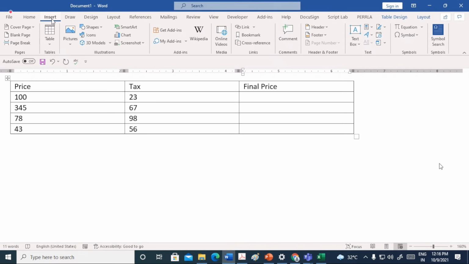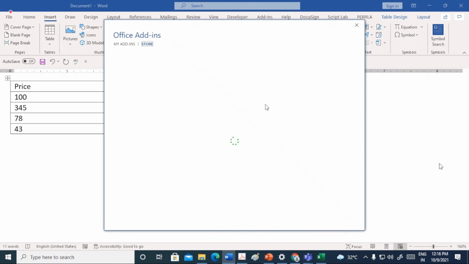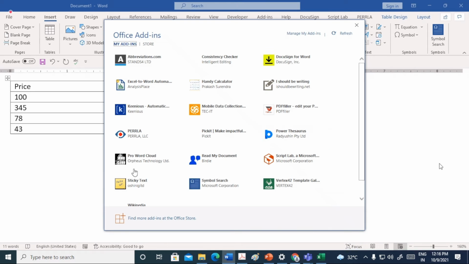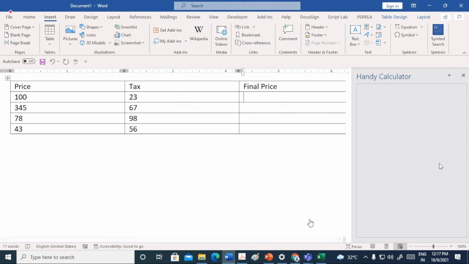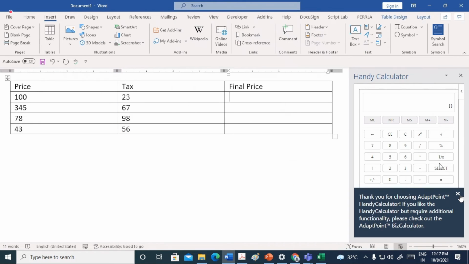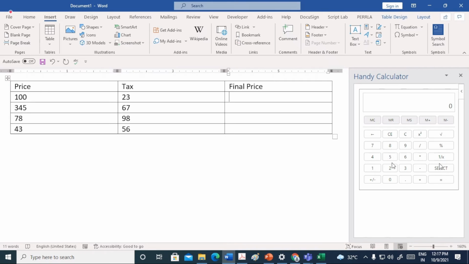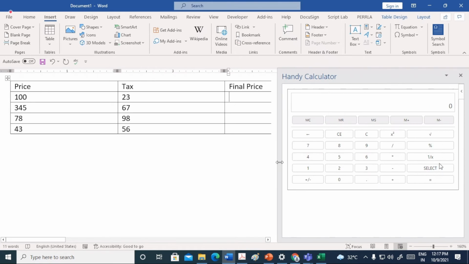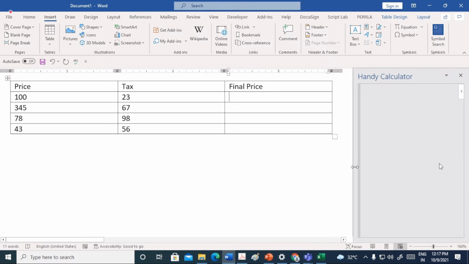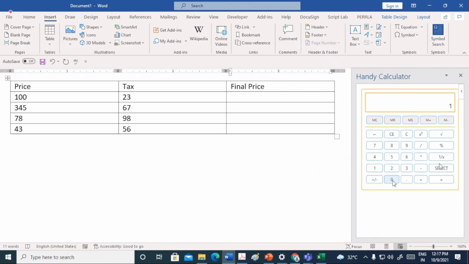So go to insert, go to get add-ins. I already installed it in my machine, so Handy Calculator. I'll click on add and you can see the calculator on the right hand side. Obviously make it bigger if you want. Just simple operations, and it also works well with the numpad or the numeric keys. 100 plus 23 equals this value. Can copy.